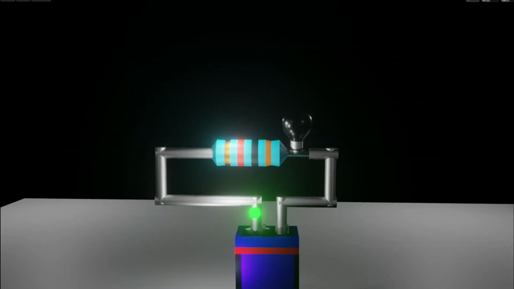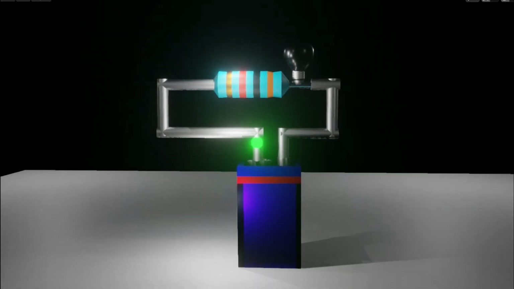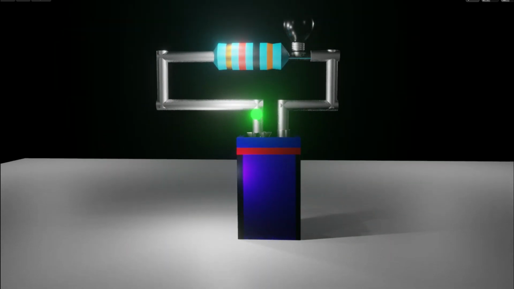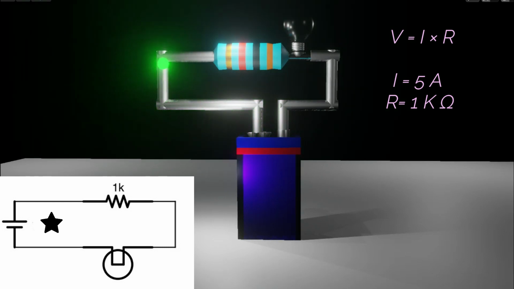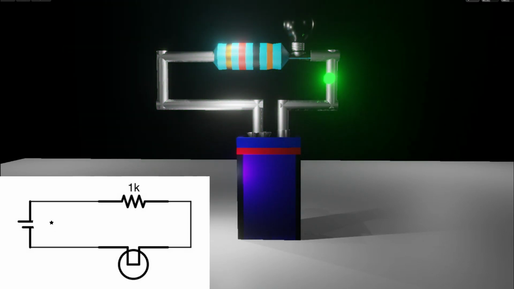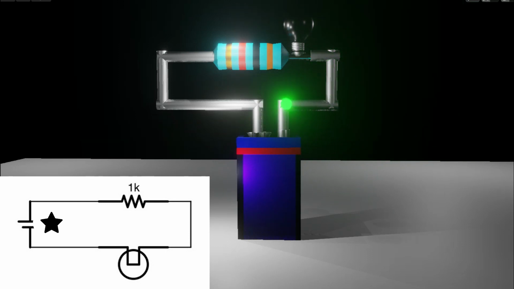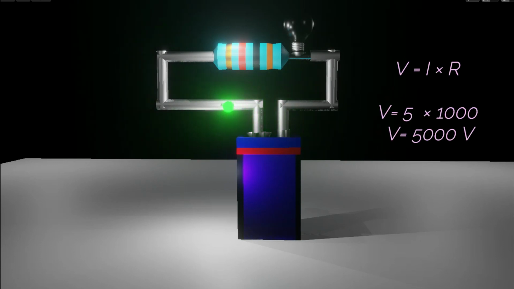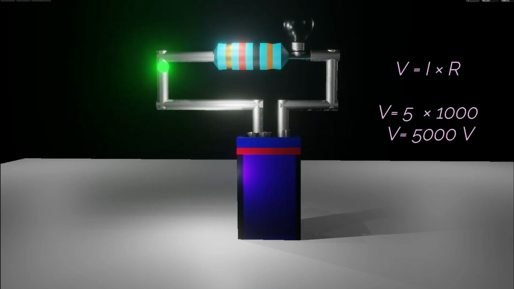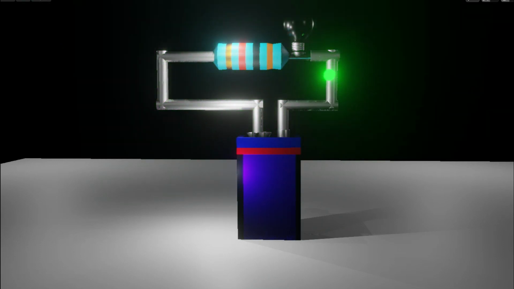So we have current as 5 ampere and resistance as 1 kilo ohm. So what will be the voltage? Voltage will be the product of I and R. That will be equal to 5 volts. So the battery which is connected here will have a value of 5 volt. So 5 volt is the applied voltage which is creating the current.